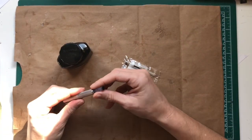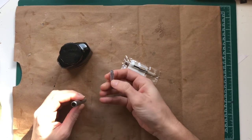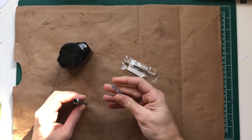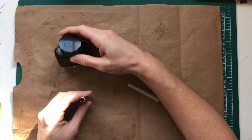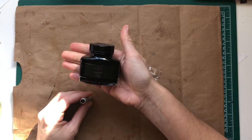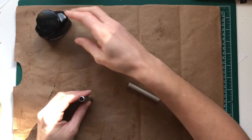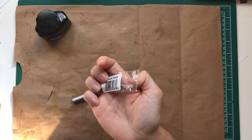So this is definitely empty. The ink that it came with, I was not a super big fan of. It was not quite black. So I'm hoping this Parker ink is a bit better, because I did buy a whole bottle of it. I should probably get some ink samples to see what I like best, but I ordered this little